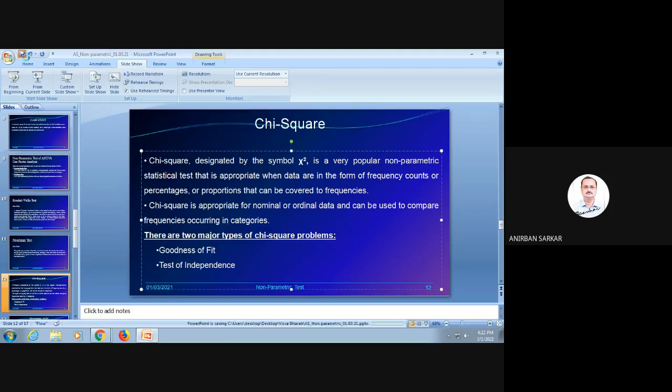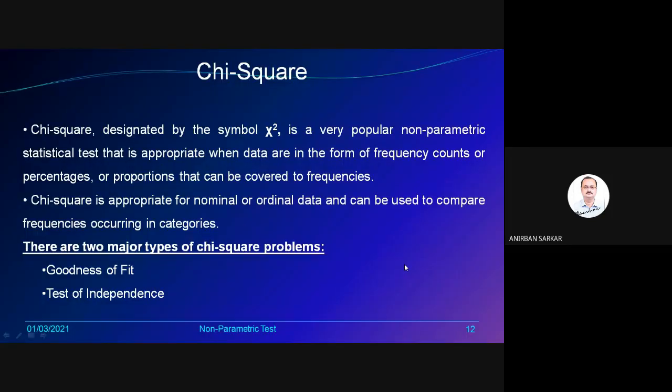So basically, one thing is very important: when you have data which is nominal or ordinal in nature, and more so your data is in frequencies, in counts or percentages or proportions, then you have frequency data, and you need to apply chi-square on this frequency data, because you cannot apply any other tests. On frequency data, you can only apply chi-square.